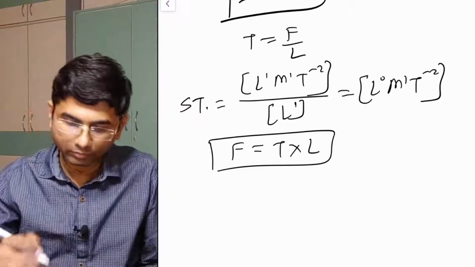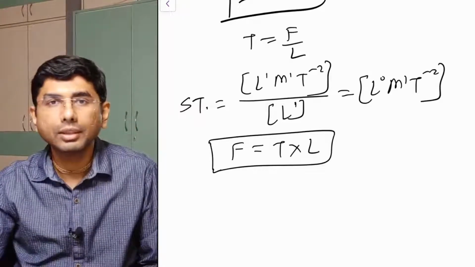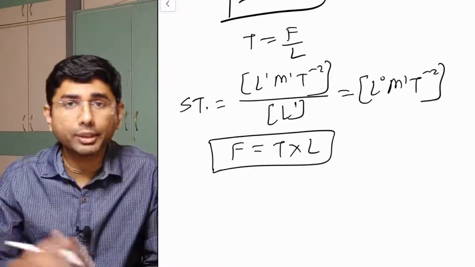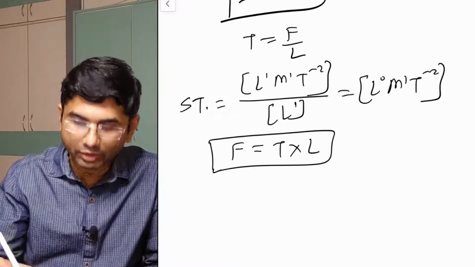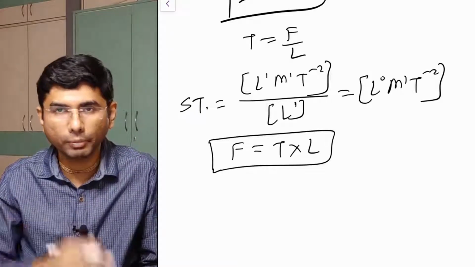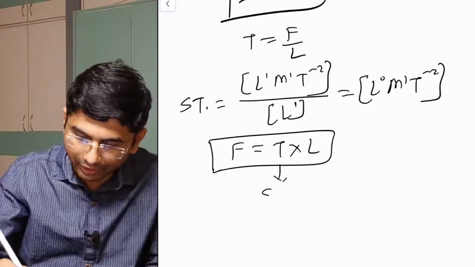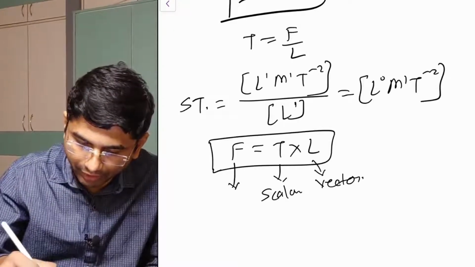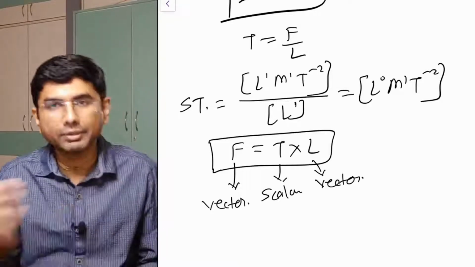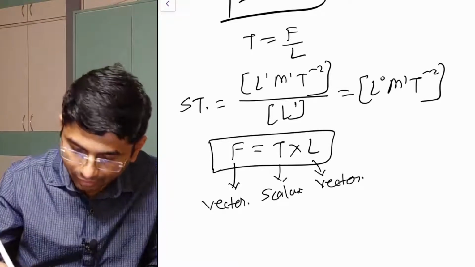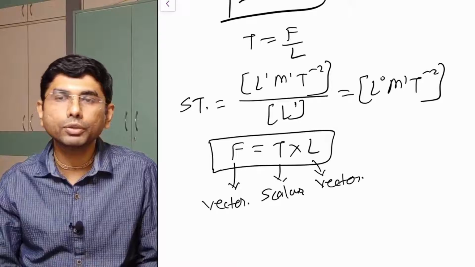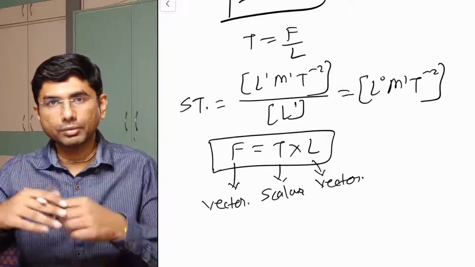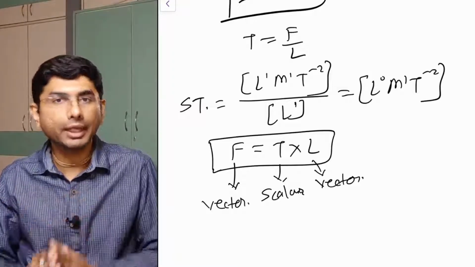Now this tension is a scalar quantity. Length is actually a displacement, so in that sense it is a vector quantity. It's not a cross product or a scalar dot product. It's just a scalar quantity and a vector quantity, and that's why the answer we are getting is a vector. Anyway, this scalar-vector distinction is not needed here, but we need to remember this formula: force is equal to surface tension into the length. Length is whatever length where this force is being acted.